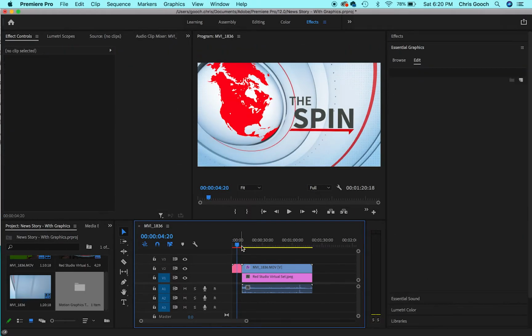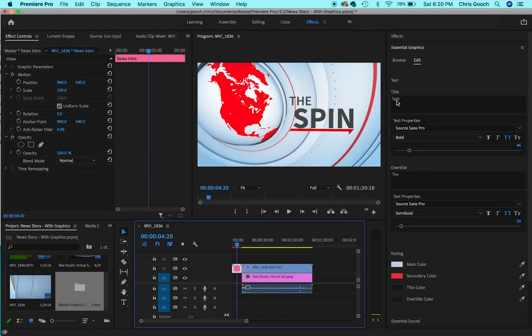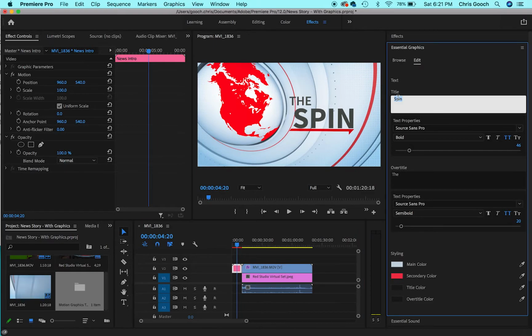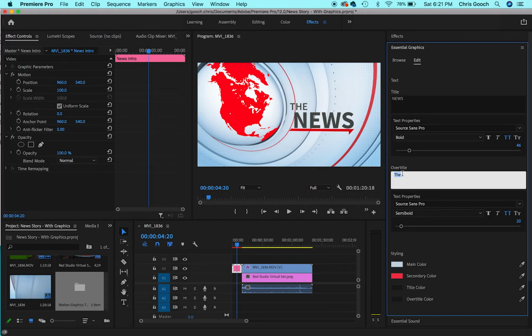Back to the graphics. Now what I'm doing is I'm just clicking on this area, going back into Essential Graphics, making sure that I've highlighted the actual template. Then I click Edit, and as you can see here, we actually do have titles. So where it says The Spin, I can obviously just find that appropriate word and then type in the new title that I want if I'm not happy with the spin. And yes, as you can see here, I'm just writing up news and then swapping this out for